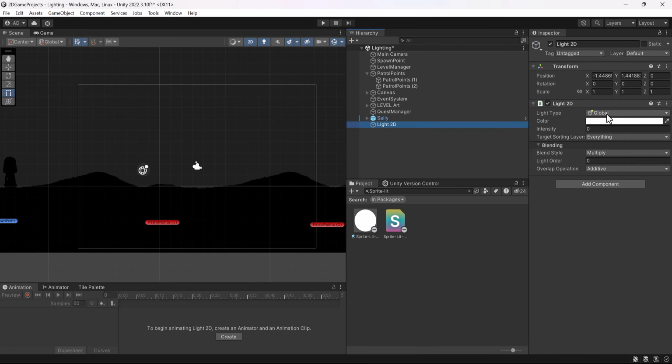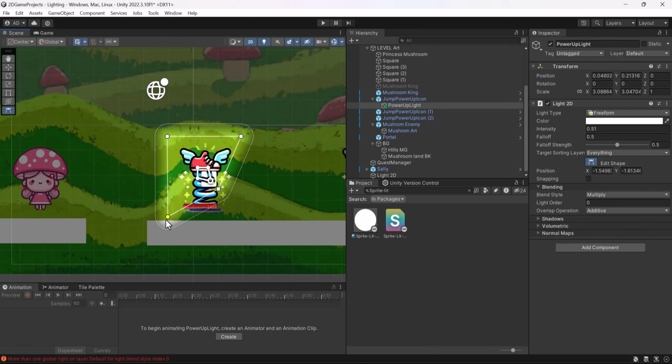And by just duplicating it, you can actually adjust which light it is by clicking on that. Now what's cool about a freeform light, and I'm going to press W to move this, is you can actually adjust the shape of this. So, and we'll talk about light order in a second, but for example, if we select this jump power up icon, I'm going to make this maybe a child of this here. And you can see there's these little, like on our power up light here, if I click on edit shape, I can actually edit the shape of this light. So if I zoom out here,